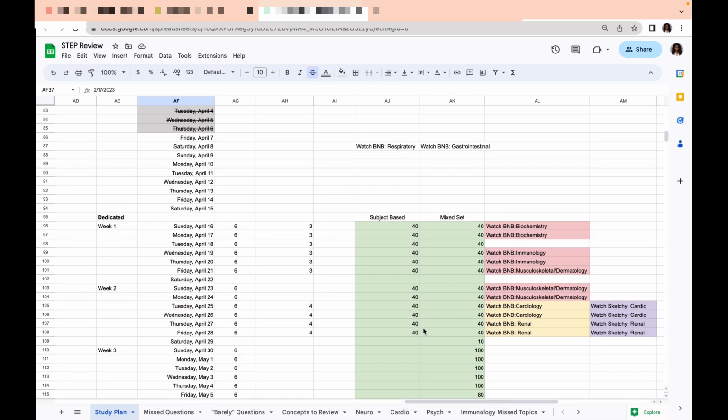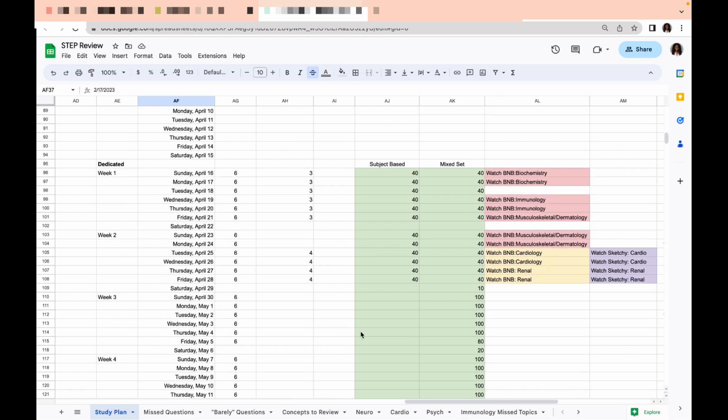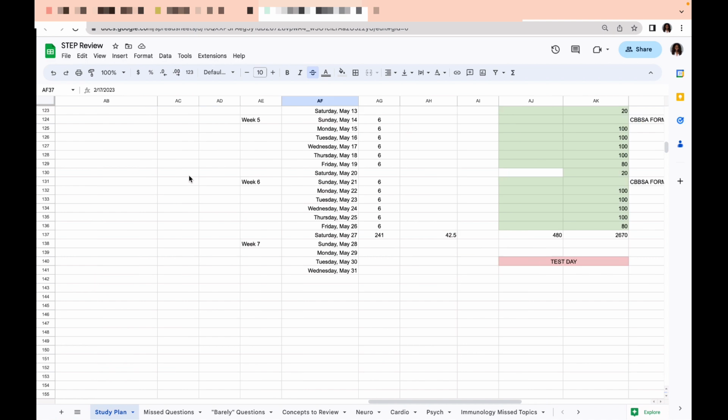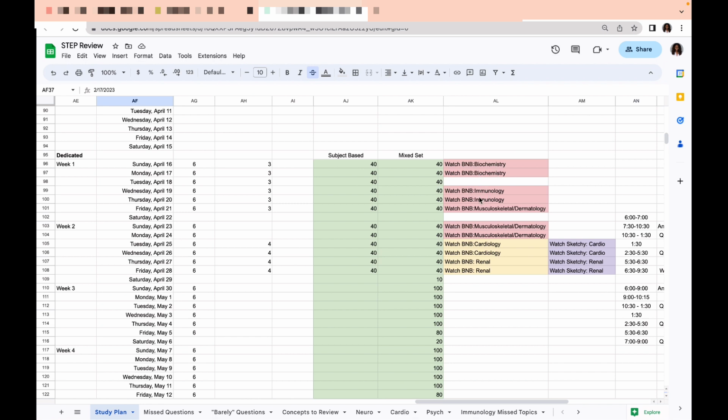So now let's get into the meat of dedicated. So basically I have from Sunday, April 16th, all the way to Friday, May 26th. And there's actually a few extra days in there. So I've placed those items in here